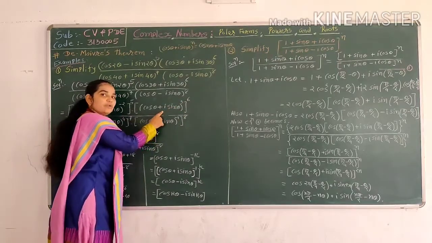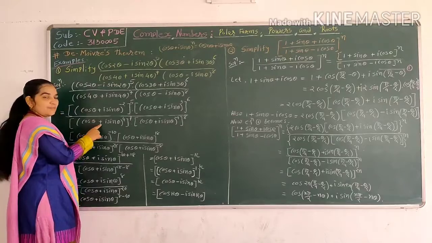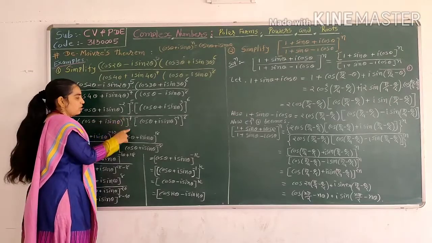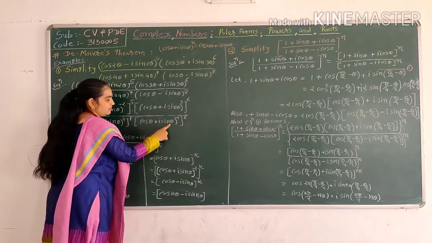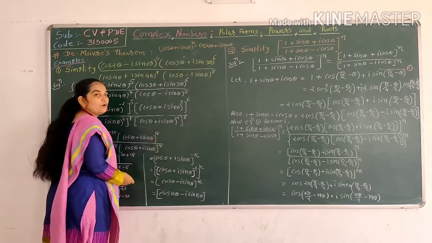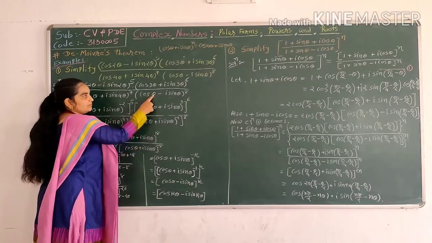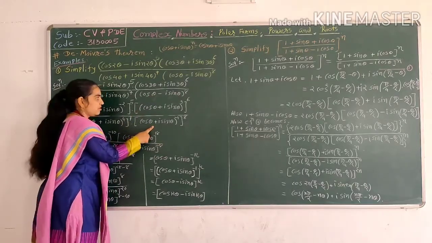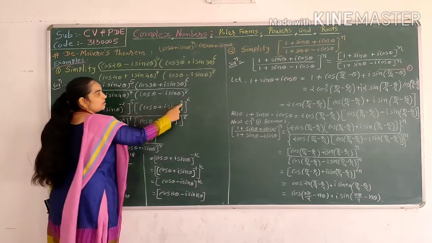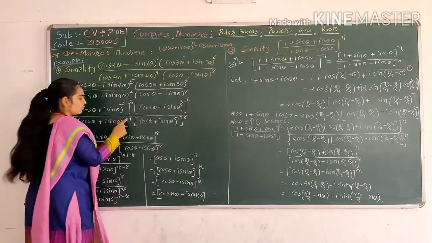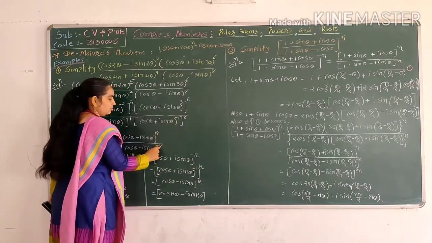Here we have to use De Moivre's theorem. Whole divided by ((cos θ + i sin θ)^4)^7 × ((cos θ + i sin θ)^−1)^8. We use De Moivre's theorem and the corollary of De Moivre's theorem. Now, 5 into −2 is equal to −10, 3 into 6 is equal to 18, 4 into 7 is equal to 28, and −1 into 8 is equal to −8.